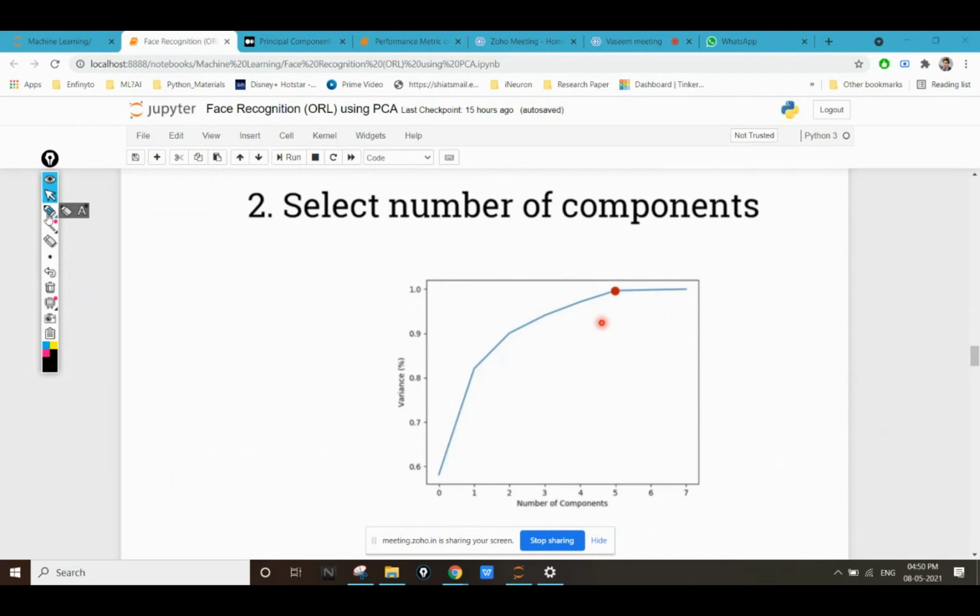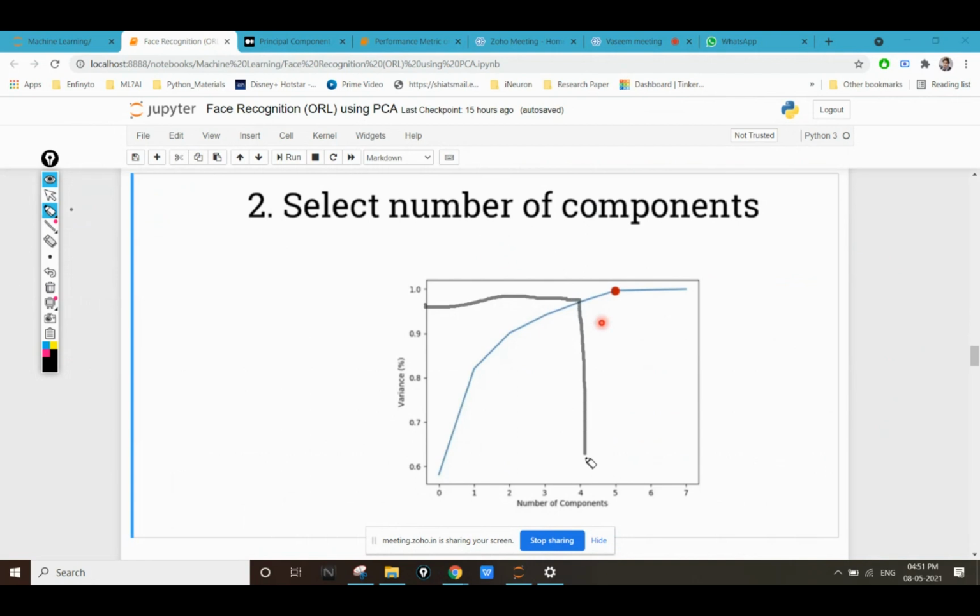So we'll choose a number of components with which we are able to get 90 to 95% of the variations. Suppose this is my 90% variation mark, and I've drawn a perpendicular line here, and you can see that with four images, I'm able to get 90 to 95% of the variation. That means I'm able to get 95% of the information. So why should I use all 10 images? I'm going to use just four images of each and every type, because from four images I'm able to get all the possible features.